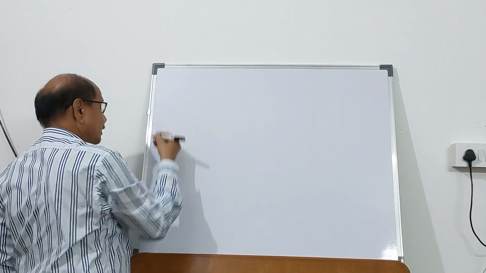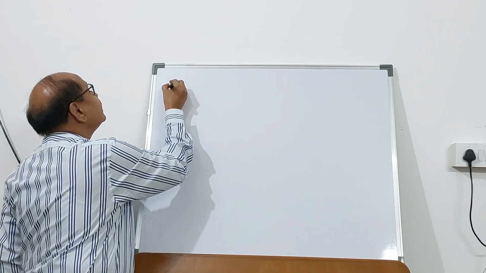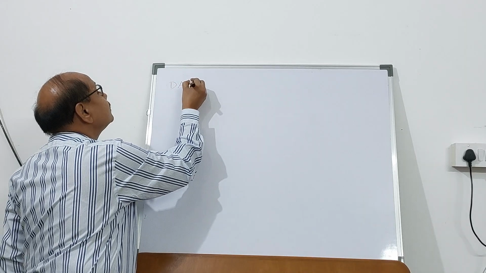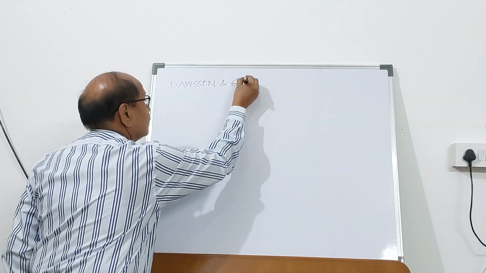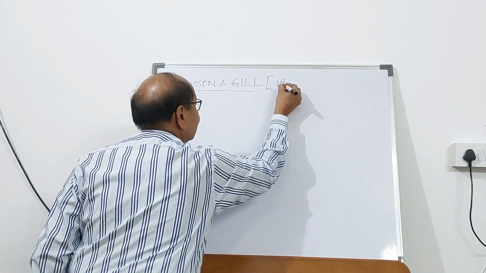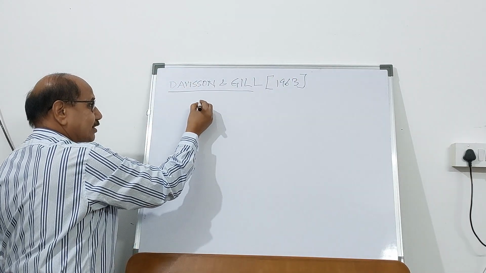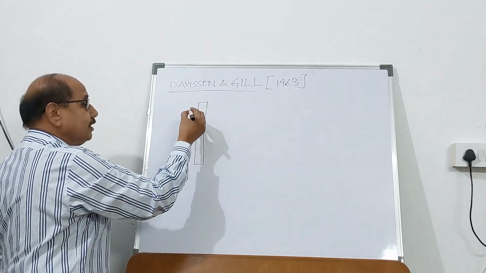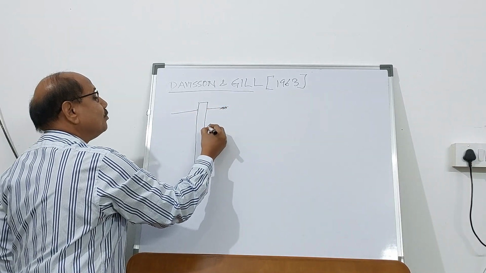So the method is the Davisson and Gill method, that is very popular. We will see the method given by Davisson and Gill way back in 1963. The method for the horizontal load carrying capacity of a pile, say this is the pile which is embedded in cohesive bed